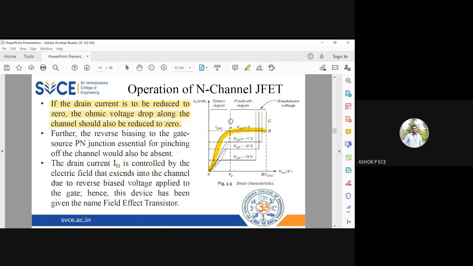If you want to make the drain current zero, the only option you have is reverse biasing the PN junction diode, or you increase the value. See, here comes the VGS graph. When you make VGS equal to minus 5 volts or minus 10 volts, the graph will always be constant at zero. So when you give more negative voltage to the gate terminal, I can make the drain current zero. Is it clear? Drain current can be made zero only by VGS and not by VDS. Please understand this very well.